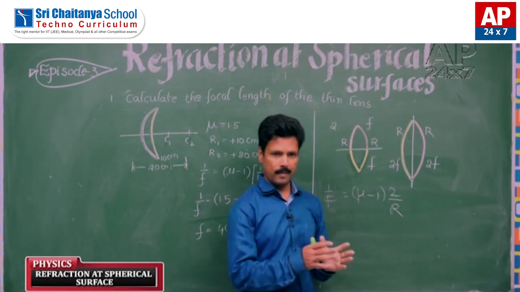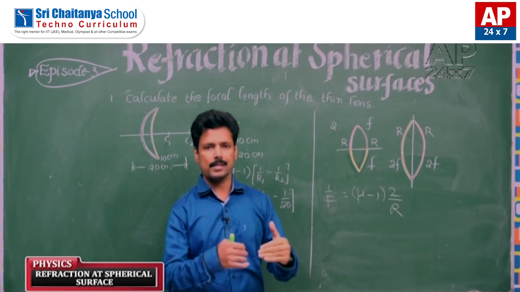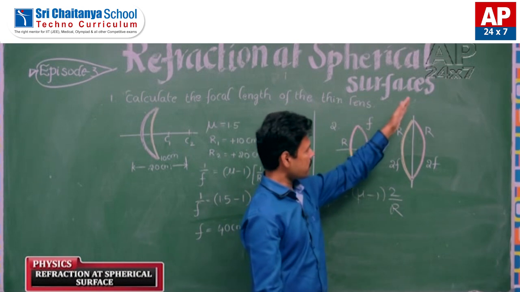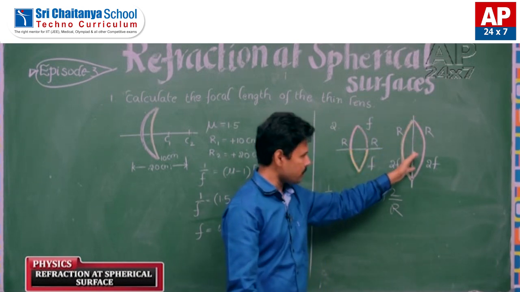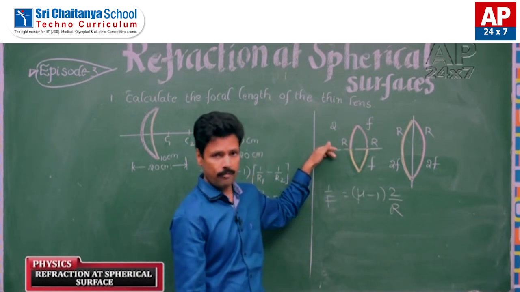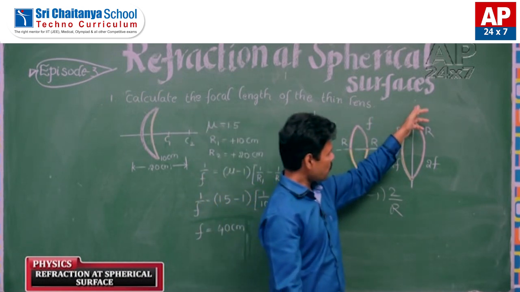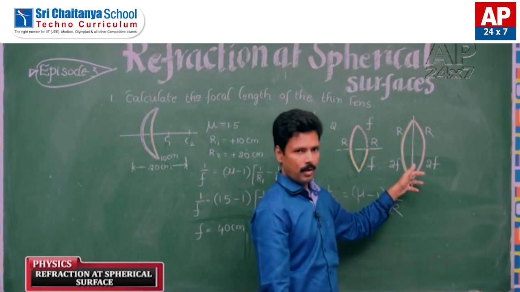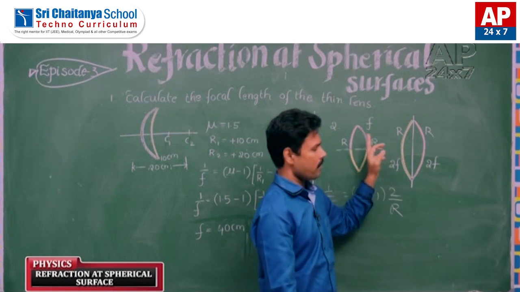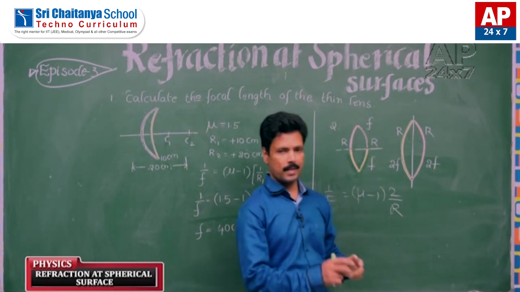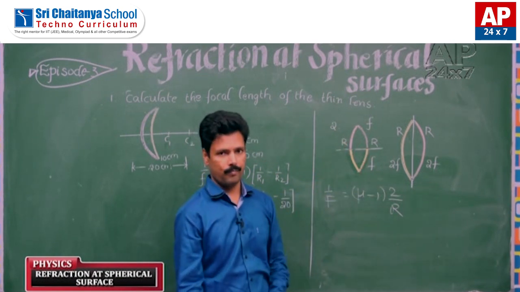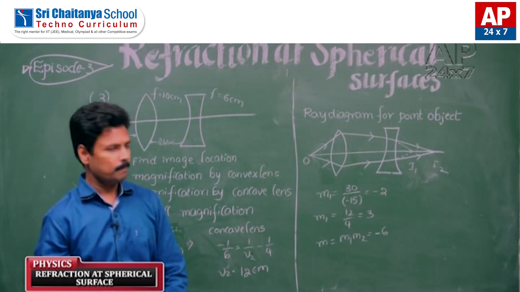So we have to see very carefully how the lens is cut. That means, is it cut along the principal axis or is it cut normal to the principal axis? If we cut along the principal axis, no change in the focal length. If we cut normal to the principal axis, now focal length becomes double because we have taken an equiconvex lens. Now the same thing happens when we take an equiconcave lens, right?